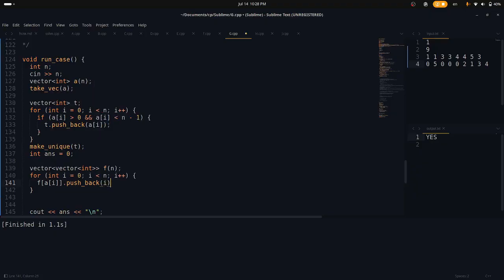So f of I dot put like this, if and only if like